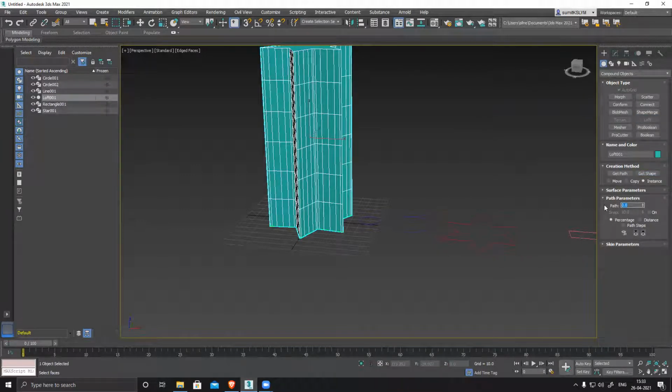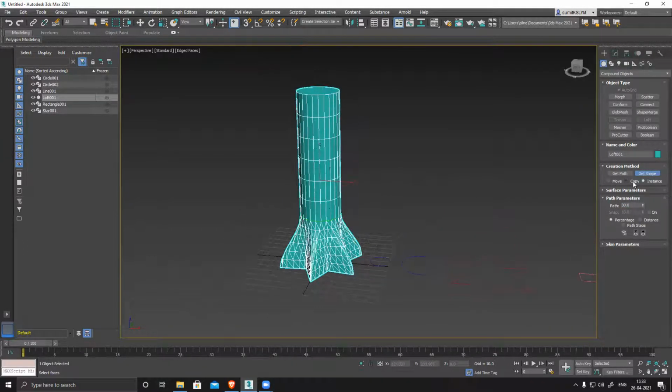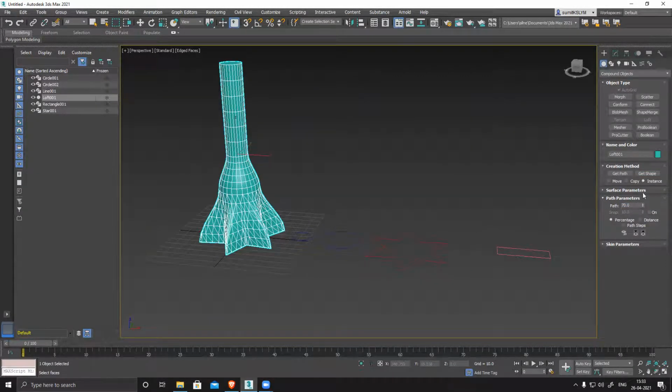Then I select 30, get shape circle. See? Then 50, smaller circle. Then 70, rectangular, get shape rectangle. See? Nothing is changing, but it's giving you exactly the same shape. And this 100 is again star.